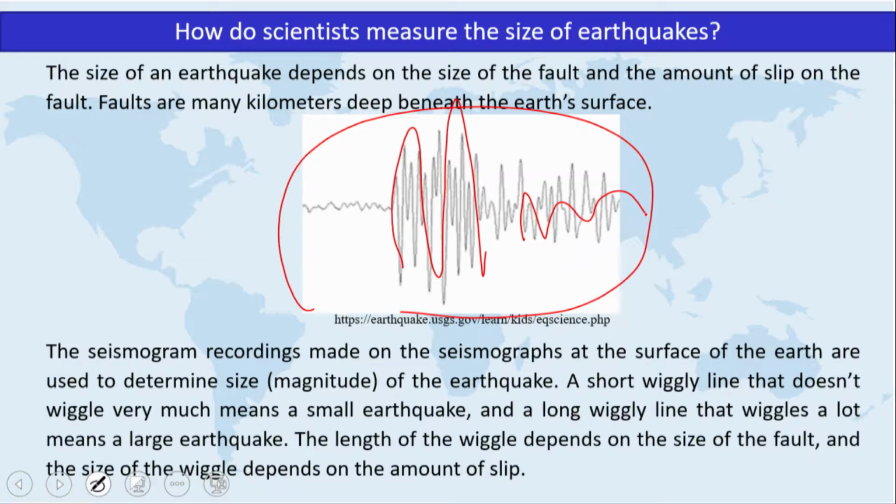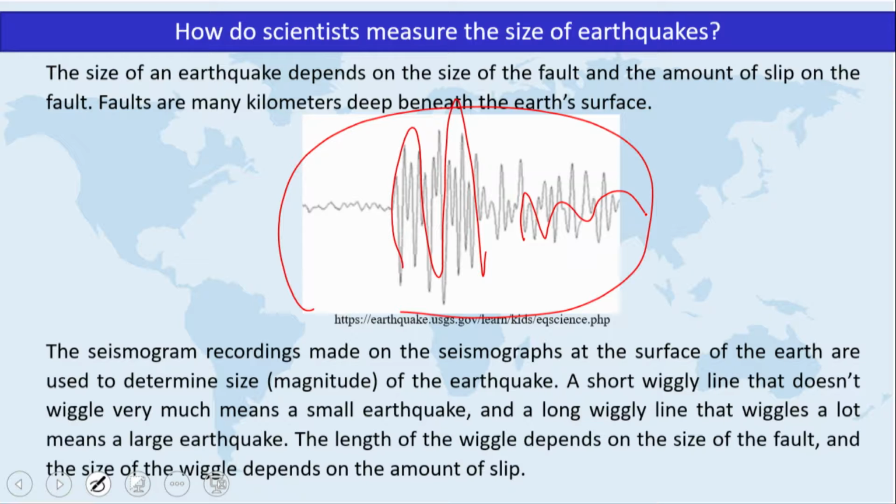So the size of the earthquake depends on the size of the fault and amount of slip on the fault, and faults are many kilometers deep beneath the earth's surface. So the seismogram recordings made on the seismographs at the surface of the earth are used to determine the size or magnitude